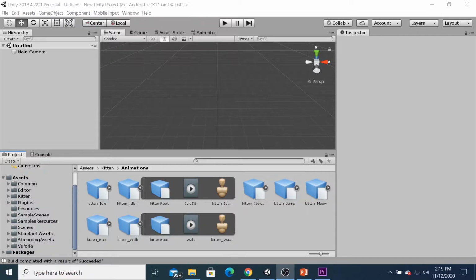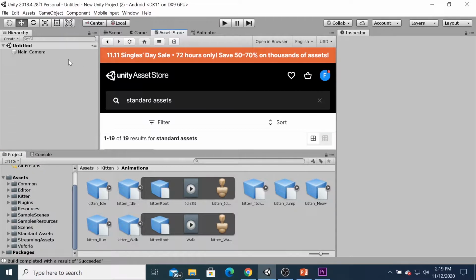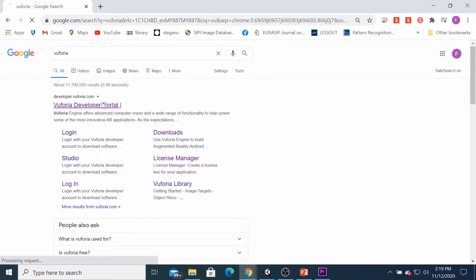So today we are going to develop augmented reality based on Markerless, which is user defined. So first thing, you need to download the AR Core. You can open the Vuforia.